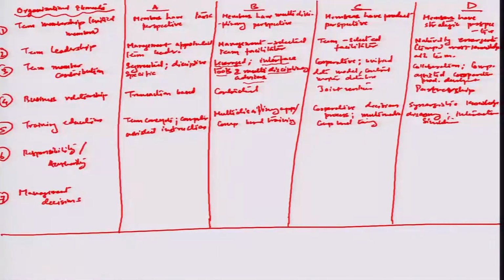So, if processes down the line change, it will automatically change the processes upstream. So, that is how the training would be on level D. Similarly, when we talk about responsibility and authority, we know that the theme is empowerment. So, there could be just member responsibilities and rewards in one strategy of management that